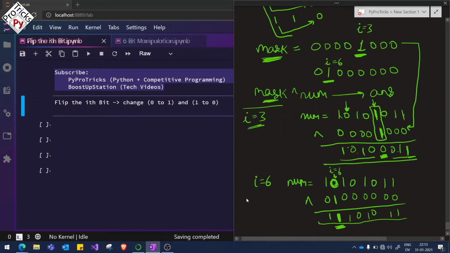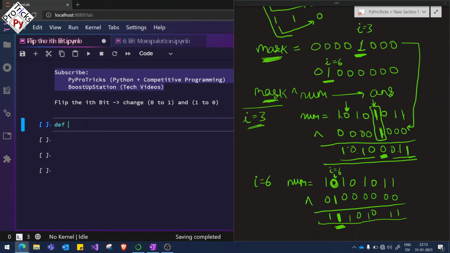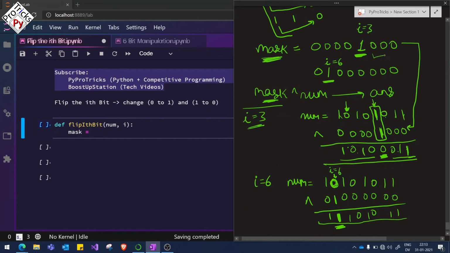So now we just have to code it. Let us create a function, def flip_ith_bit, and we will be provided with the number and the ith position. Create the mask. So how do we create the mask? Here you can see that for i equal to 3 we have 3 zeros, and for i equal to 6 we have 6 zeros. So for creating the mask, we can just shift 1 by i number of places.